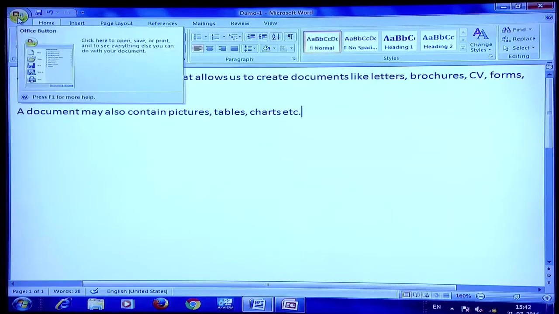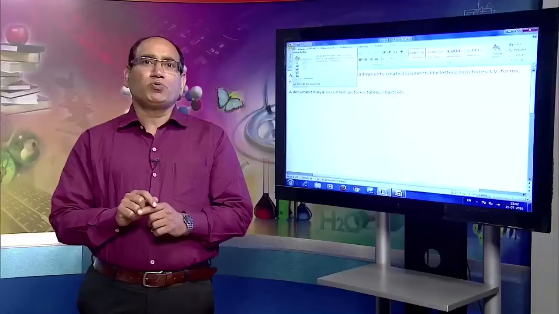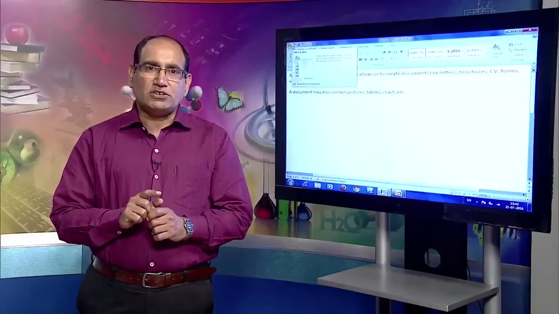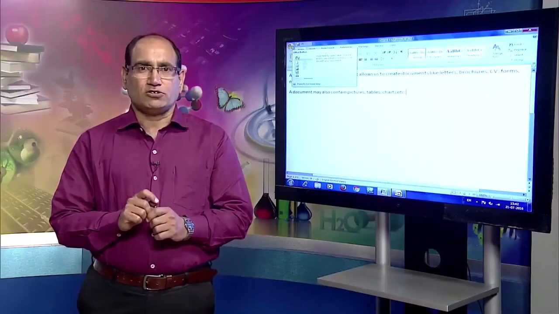So, this way I can protect my document, and another part of protecting the document is making it read only. Now, let us see how we can make the document read only. Now, there is a difference. One thing is I want to protect the document for read only, I want to protect the document by giving the password, or I want to protect the document for modification also.